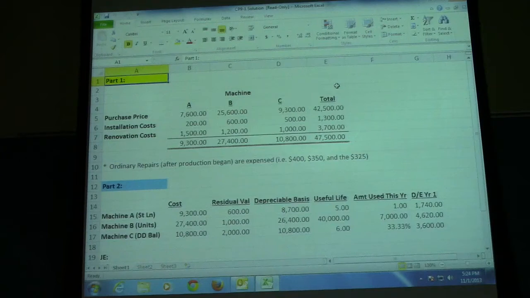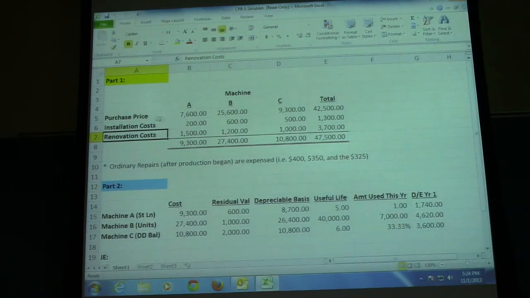The requirements, part 1: compute the cost of each machine, and explain the rationale for capitalizing or expensing the various costs. Let's stop there and work that part. So I've done this problem for you in Excel. We've got various different costs associated. They gave us some data here: the amount paid for the asset, installation costs, renovation costs prior to use, and repairs after production